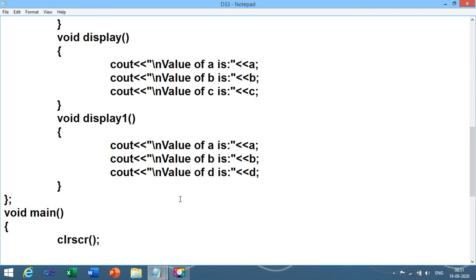We have created two display functions. One is for the display of integer values a, b and c, and one is declared as integer plus float, because the data type of the d variable is float.